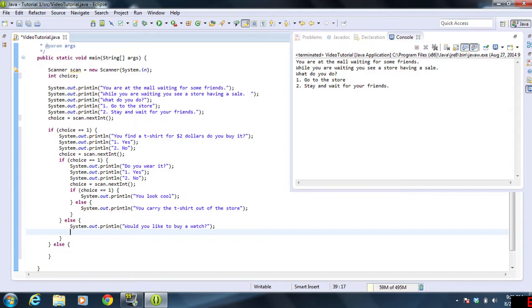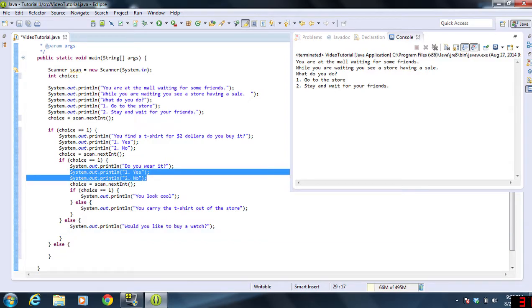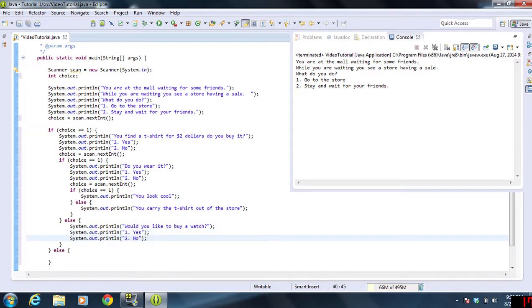And then again, you have the same System.out.println, the yes or no option. And we are forking this version of the story out. So always remember that not all of this happens concurrently. It all depends on the user's choices during your entire program. So did I buy the t-shirt? Yes or no? If I say no, then I'm not going to have the choice